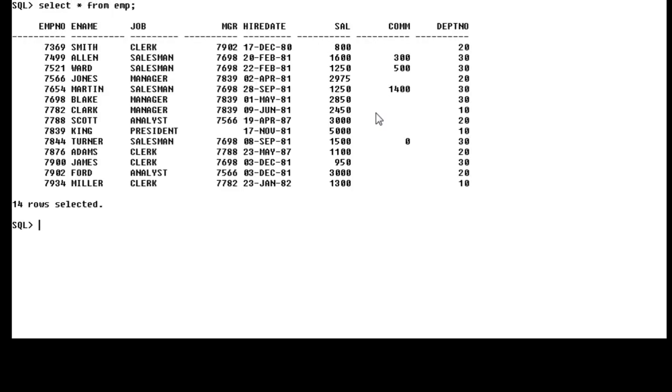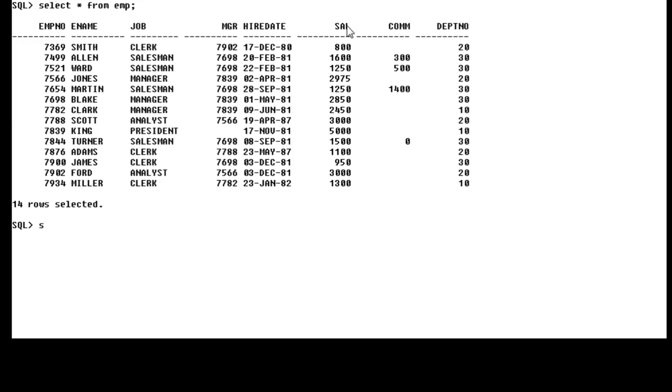You can see that select star from EMP. Here SAL is one of the columns of the EMP table. Fine. Now I want to display this SAL column with the salary heading. Now I just use column alias.